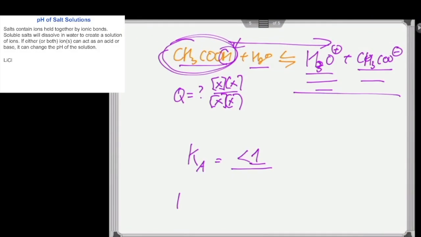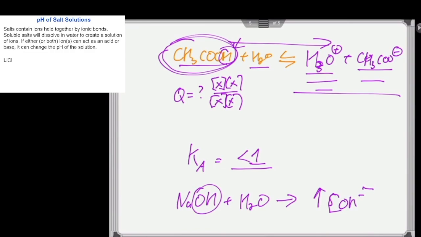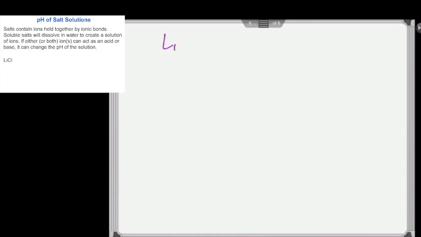Same thing as if I took sodium hydroxide and put it into water, what do you expect? Get more acidic or get basic? Higher or lower pH? Yeah, you're throwing in hydroxide, right? We know we're going to be pushing up the concentration of hydroxide in the solution. The other way to say that is we're using up or reacting some of the hydronium ion concentration, the pH should go up. But if we have systems like what we're showing here, lithium chloride, and we throw that into water,